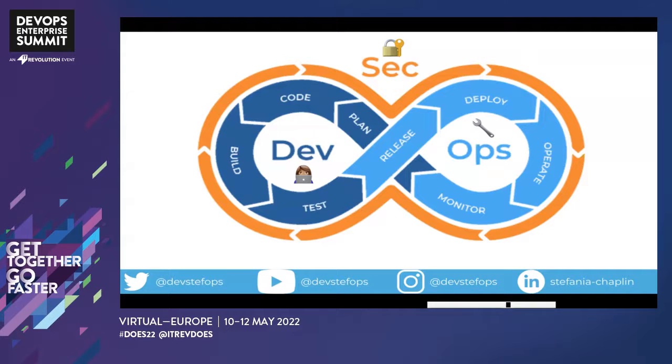We also have ops. They're responsible for release, deployment, having it in production, and also monitoring. I always say, in my humble opinion, incident response is one of the most important teams, because unfortunately, on a personal or on a professional level, you are probably all going to get hacked one day. So it's about how quickly can you notice, how quickly can you recover. Mean time to remediation, it's a very important metric I'll be talking about later.